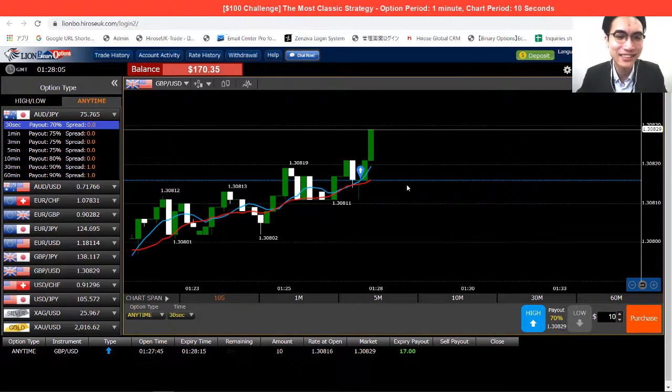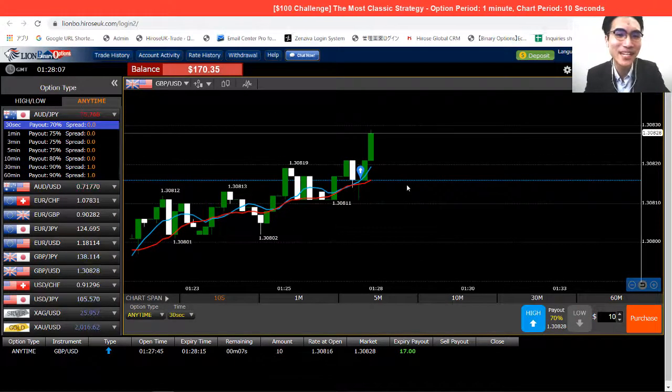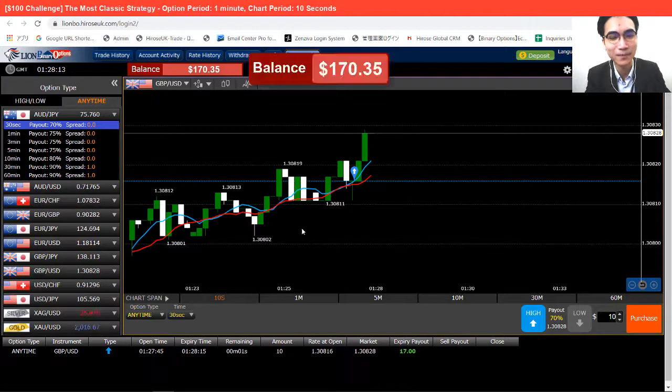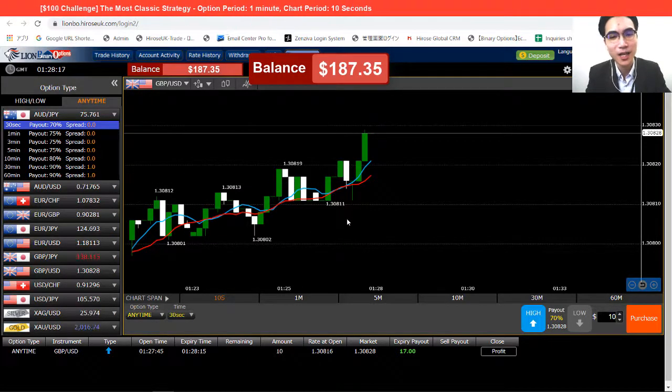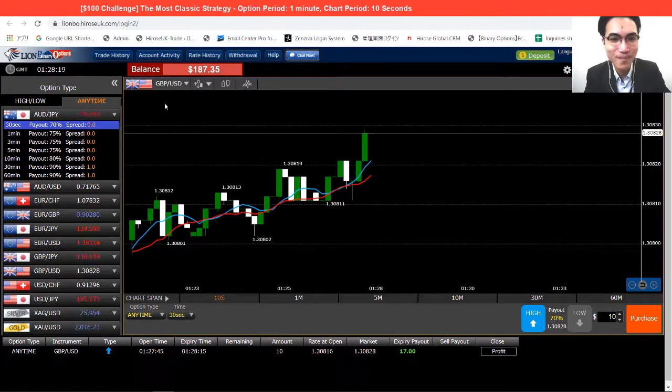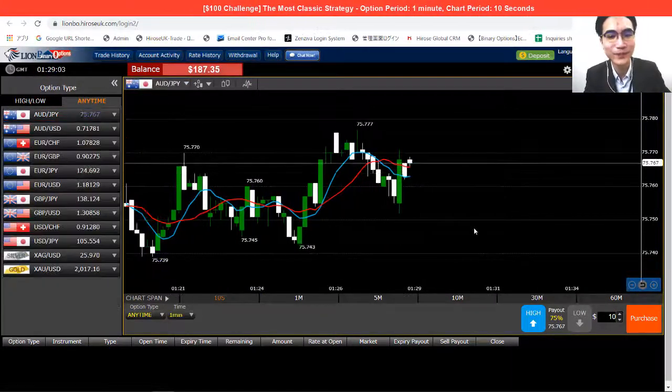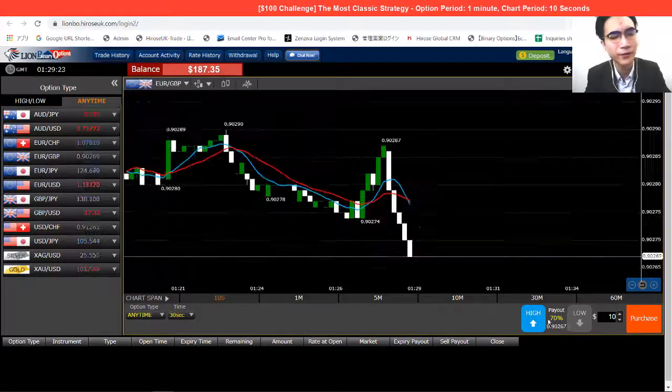What I just noticed is that the option period is at 30 seconds, but it was my mistake. I was going to trade with 1 minute, but I mistook it for the 30 seconds option. But it's still looking good, and I ended in profit. That was lucky. Again, let's fast forward a bit, and I will try to look for a downtrend here,